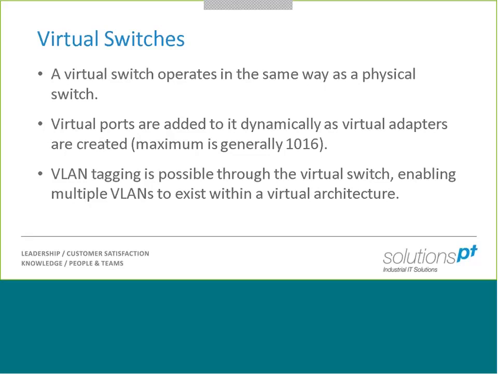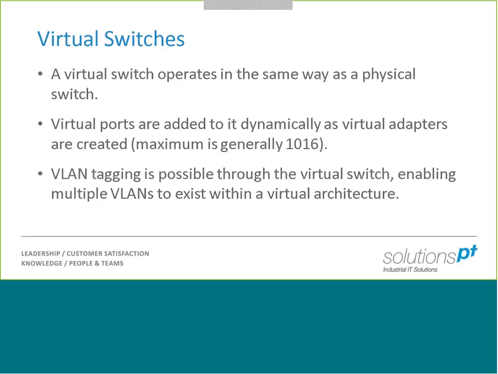So yeah, a layer 2 virtual switch then, very simple, just as a physical switch, it will consult its MAC address table and make a decision on how it forwards traffic. Exactly the same in the virtual world, except we're talking virtual ports here instead of physical ports, but it still works as a basic lookup table. So no difference between a virtual switch and a physical switch in how it operates.